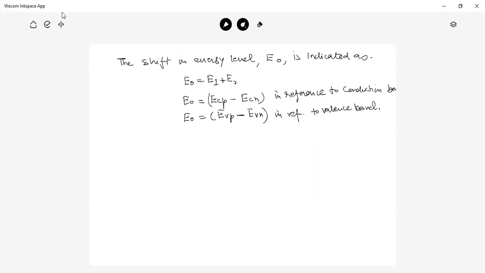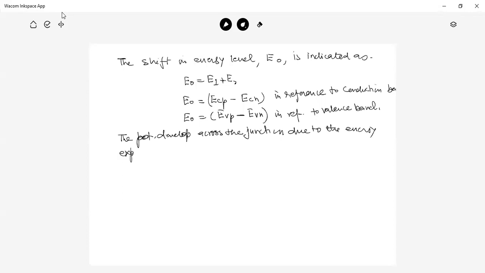So this E0 represents the potential energy of the electron. So the potential is developed across the junction due to the energy